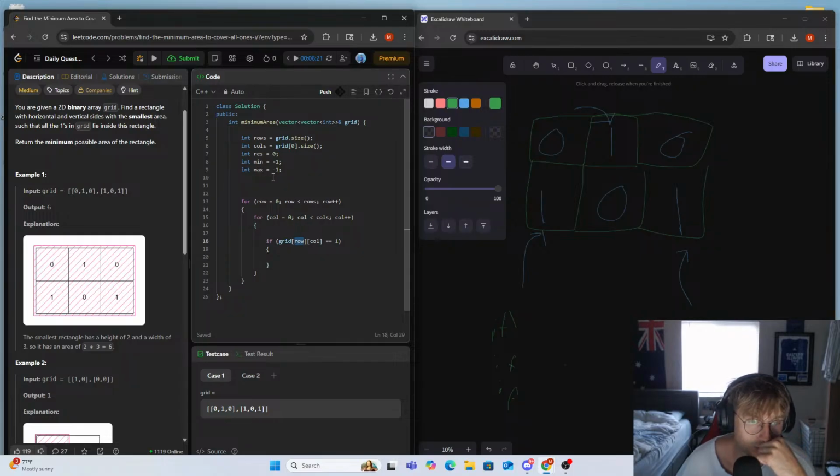We have to compare row probably against min. So if the grid row col, or if row is less than min, how would we find the minimum value? We'd have to do like if